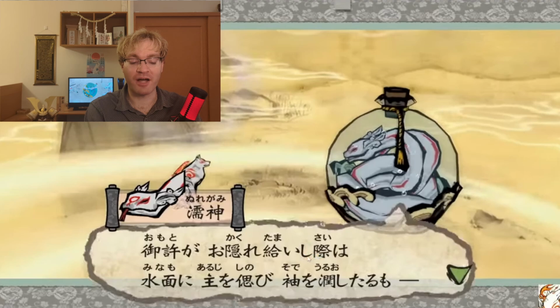Now this shi is actually a little complicated. The closest thing, let's just call it a past tense for now. It's not technically a past tense. It's a recollective, I guess you could say. But it's close enough to a past tense that we can basically just treat it as such. Now, the ending form of shi is actually ki. This is a really irregular auxiliary verb. An auxiliary verb functions pretty much exactly like a verb, but it doesn't have meaning in and of itself. It kind of needs things to attach to in order to make sense.